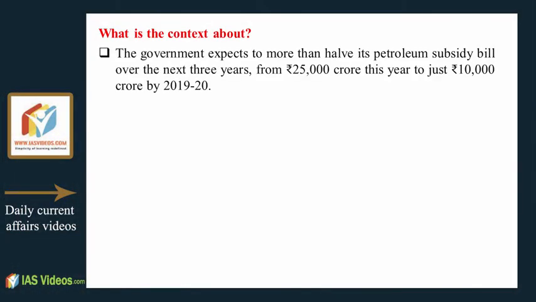What is the context about? The government expects to more than halve its petroleum subsidy bill over the next 3 years, from 25,000 crore this year to just 10,000 crore by